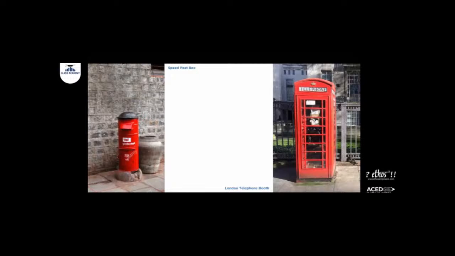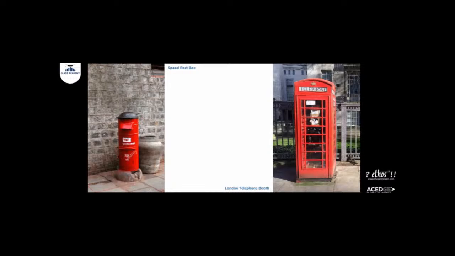The other idea was that bright colors hide the dirt and dust on surfaces that forms due to human intervention, which we can clearly see in these two images. These two images were an idea in the thought process, because both these objects are red and are quickly identified. And on the London telephone booth, you can see the bottom is a little dirty, but it's not.